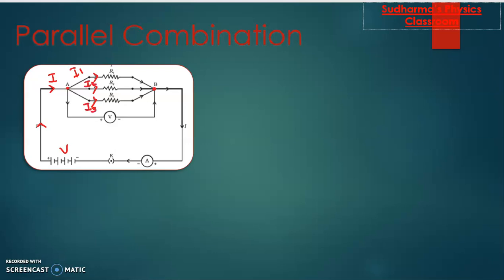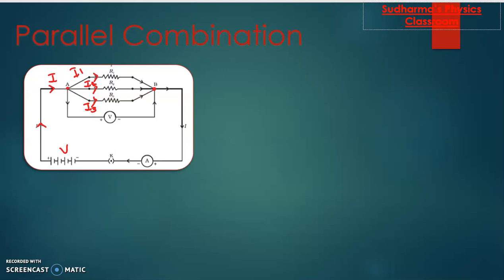This is like a junction, right? In a junction we have different roads. So whoever comes from the main road to that junction, they will go through each road according to their requirement. So here, according to the resistance values of these parallel resistors, current will be split into I1, I2 and I3. Now potential difference is going to be the same through all the resistors. Very important, keep this point in mind always.